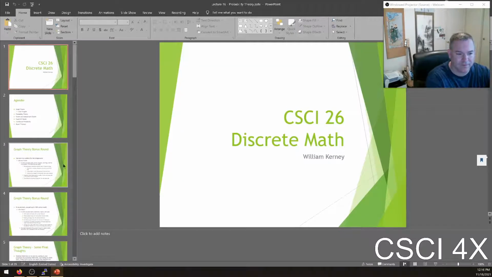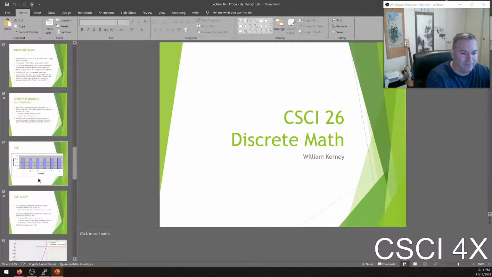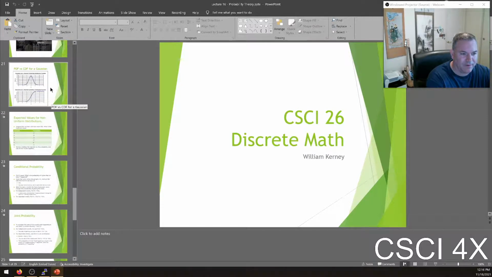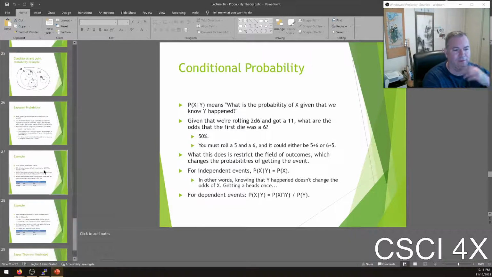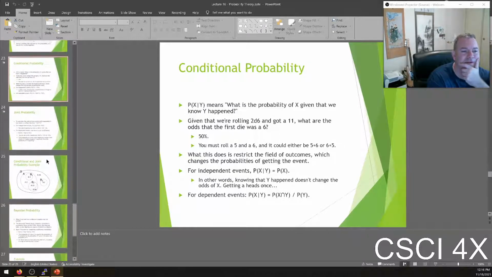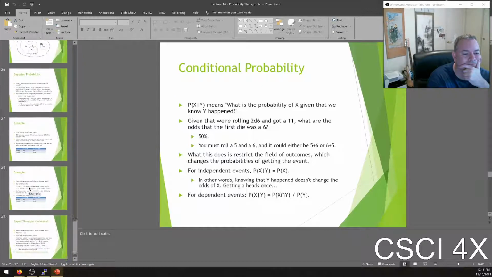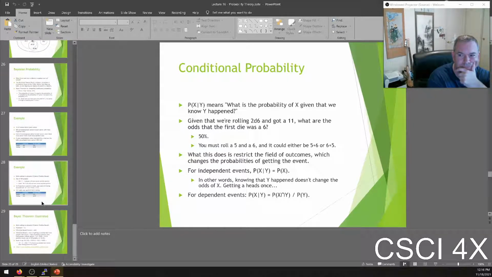let's see here if there's anything else we need to go over. PDF, CDF, PDF. Conditional and joint probabilities. Yeah, we do need to talk about those. Ooh, and Bayesian too. What week is it? 15? Got week 16. Week 17. We need to do one more Bridges assignment. We gotta do the competency exams. I've been slacking on that. So,